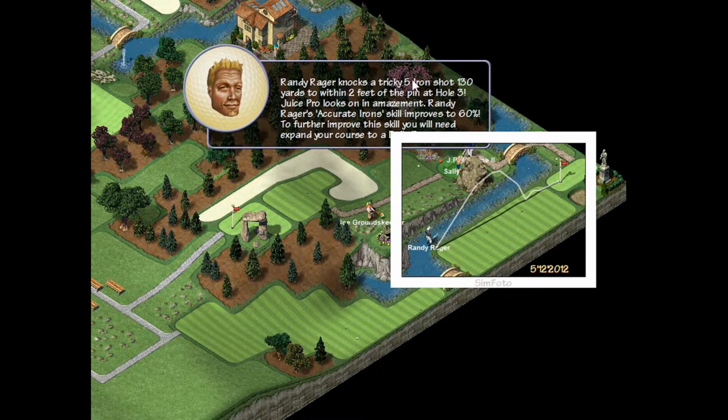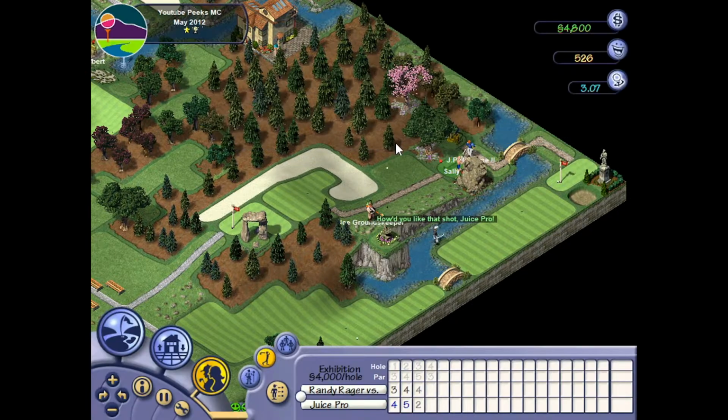Alright, Rain Rager knocks a tricky 5-iron shot 130 yards to within 2 feet of pin at hole 3. Accurate irons improved to 60%. To further improve this skill, you need to expand your course to Leap Daily fee course, I think it is, which is like 6 holes. And we're 2/3 of the way there, so...